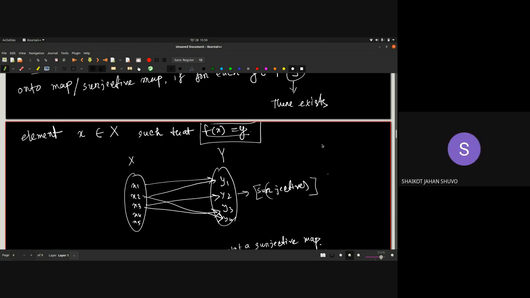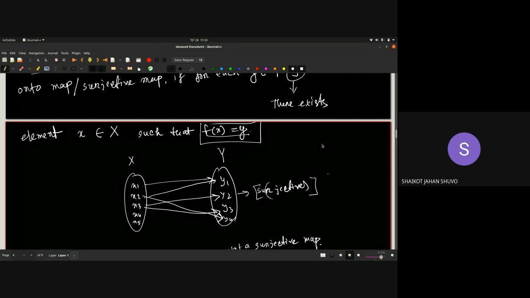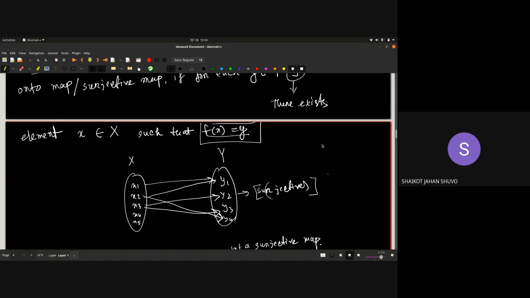ওইভাবে চিন্তা করো না। মেইন আইডিয়াটা হইতেছে যে সাবজেক্টিভ কি, সাবজেক্টিভ হচ্ছে তুমি যখন ইনজেক্টিভ দেখো, তুমি x টু y এর ব্যাপারে চিন্তা করো, that's easier, right? যে 1 to 1, একটা এলিমেন্ট থাকলে ওইটার কোরেসপন্ডিং আরেকটা এলিমেন্ট থাকবে y তে, এবং একটাই থাকবে, একটার বেশি না। এখন সাবজেক্টিভে তোমার y তে ধরো 10টা এলিমেন্ট আছে, ঠিক আছে? এখন ওই 10টা এলিমেন্টের জন্য তুমি যদি একটা করে প্রি ইমেজ বা ইনভার্স ইমেজ নিতে পারো, যে হ্যাঁ আমি 10টাই প্রডিউস করতে পারি আন্ডার সাম ম্যাপিং ইউজিং আইদার সবগুলো এলিমেন্টস অফ x অথবা কয়েকটা এলিমেন্টস অফ x, তাহলে সেটা সাবজেক্টিভ।